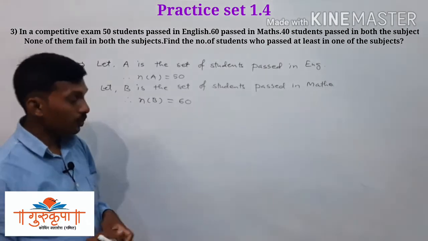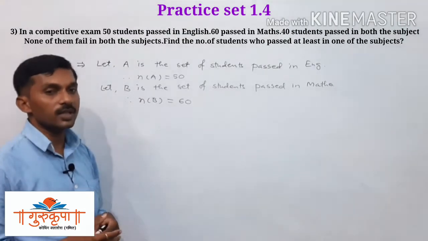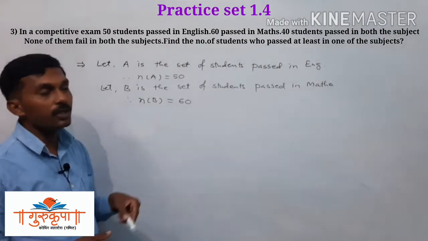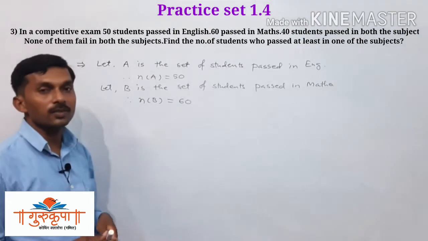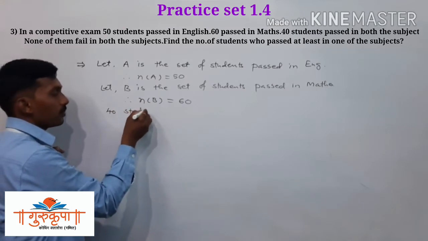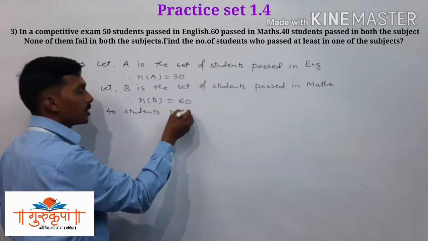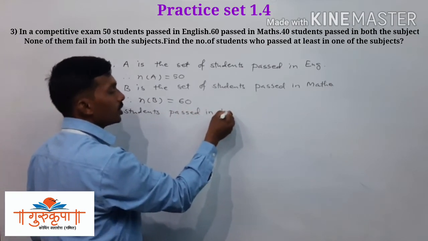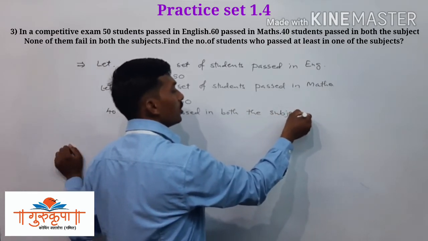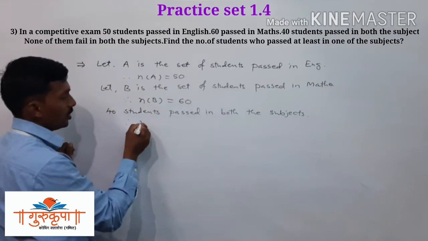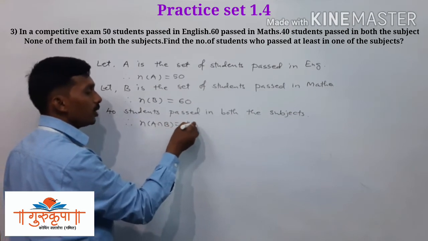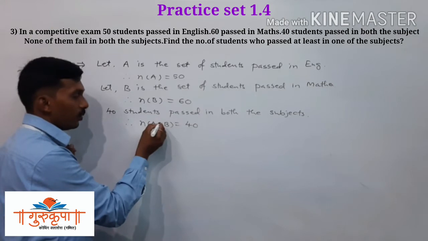Now it is given that 40 students passed in both the subjects, means 40 students are common between A and B. So here you can write number of A intersection B is equal to 40. That is the given information, and here we have to find the number of